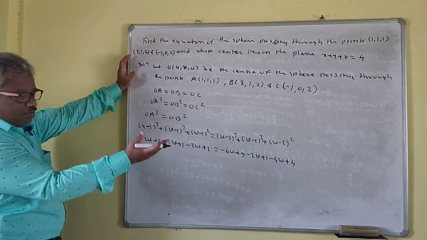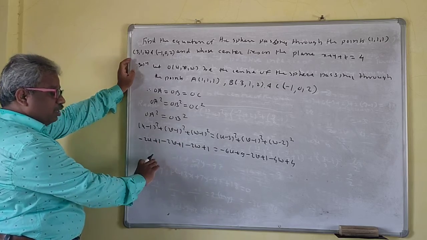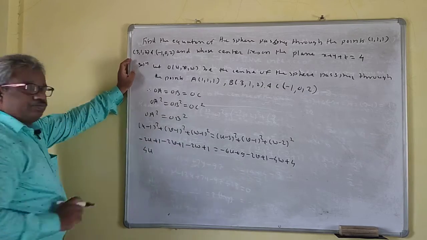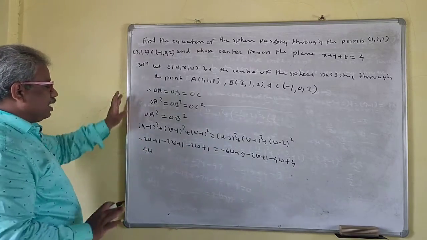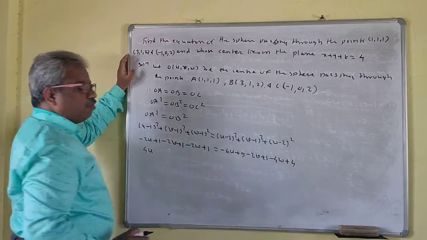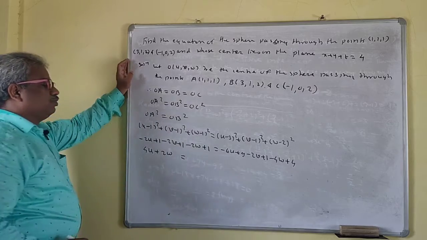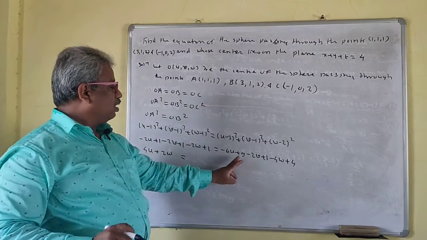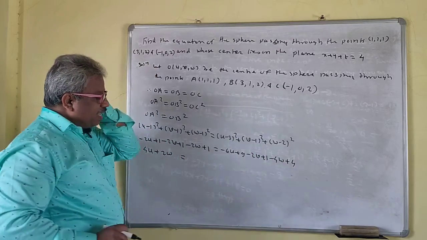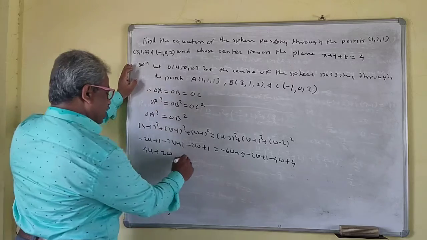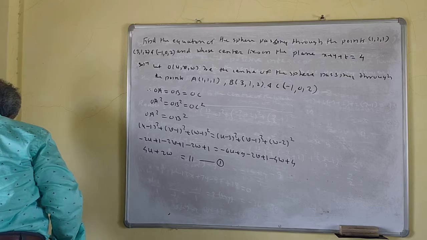Now we shift this U, V, W to this side. So this is minus twice U plus 6U, so this is 4U. This is minus twice V and minus twice V, which get cancelled, so very nice. This is minus twice W plus 4W, so plus twice W, is equal to the constant: 9 plus 1 is 10, this is 14, 14 minus 3 is 11. We'll call this equation 1. So this is 11 now.